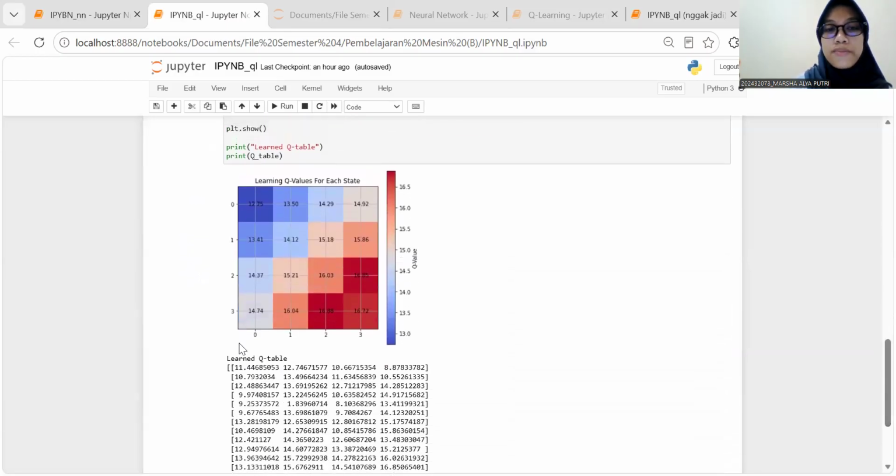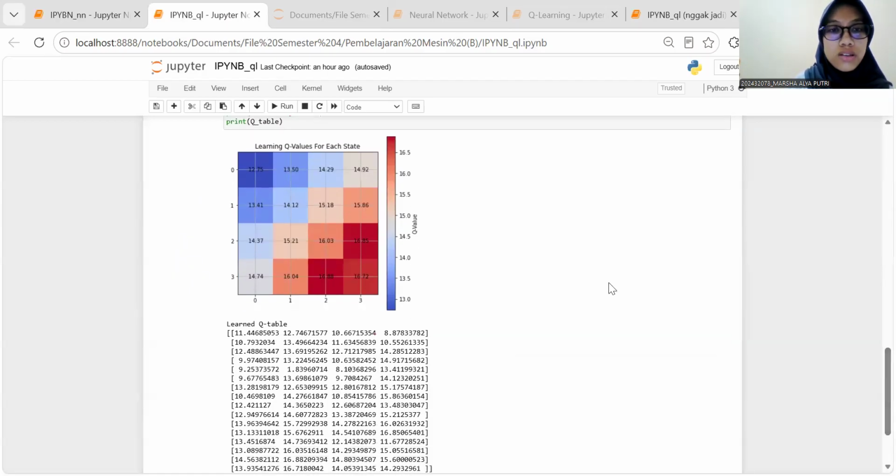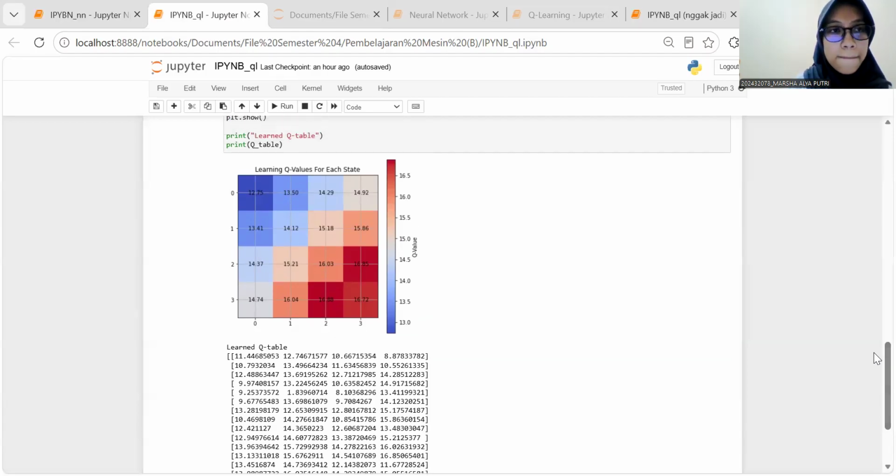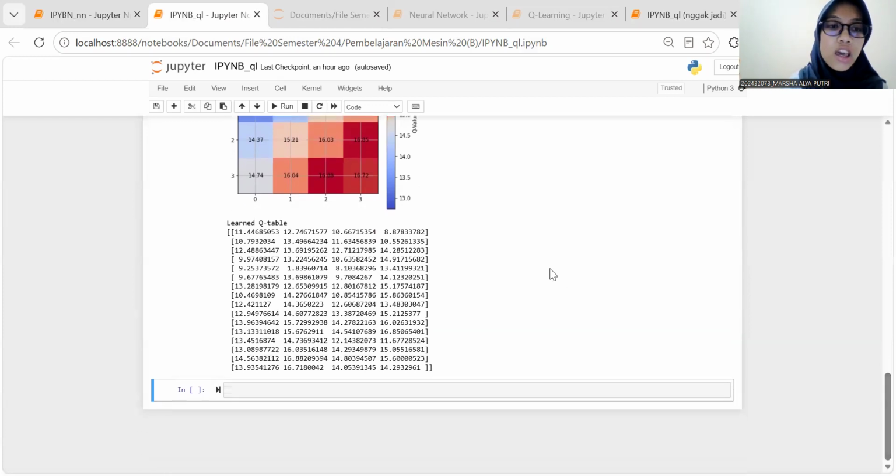This is the learning confusion matrix and the learned Q table.